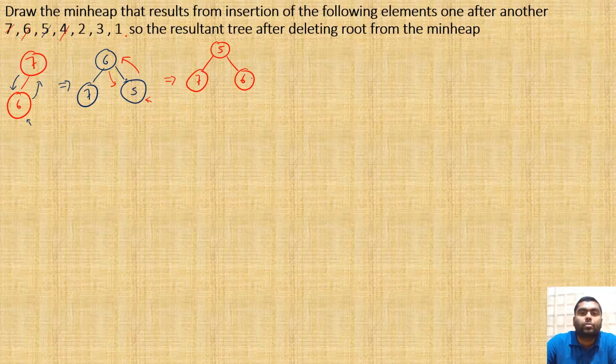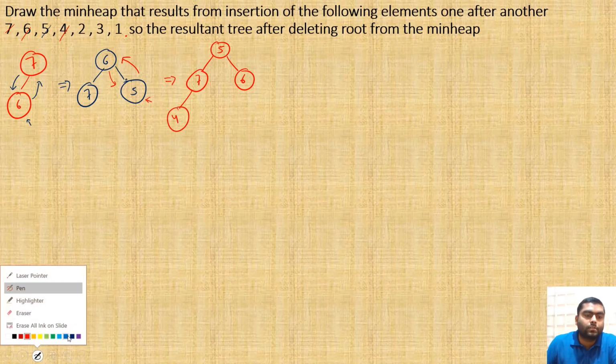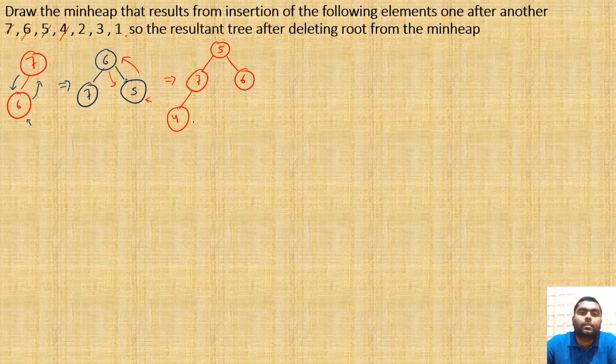Next is 4. So 4 you will insert over here. Now there is a problem. What is the problem? The minimum value will go above, so this will go above and this will also go over there. Similarly, 2 interchanges are required. So what will be the resulting tree? 4 will come to your root, then after 4 comes 5, then it is 7, and here 6 as it is.